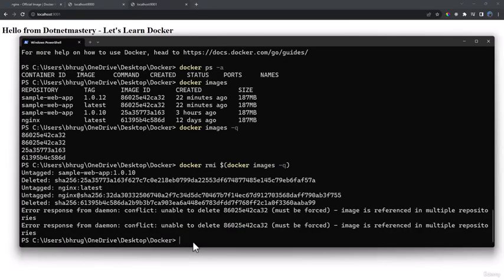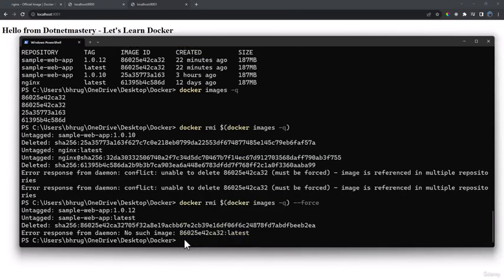Because an image is tagged in multiple repositories, we first have to untag them. You already know how to untag them, but if you know that what we want to do is absolutely valid, then there is --force, and if you apply that, it will automatically delete all of them. Using the force here, we are basically forcing it to delete the image and ignore all the error or warning